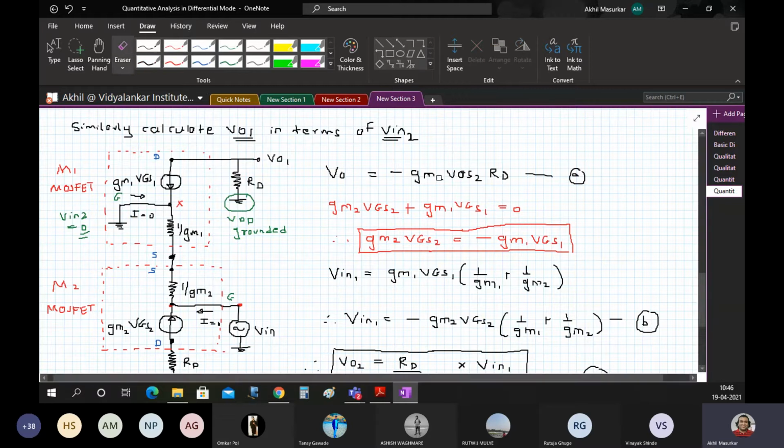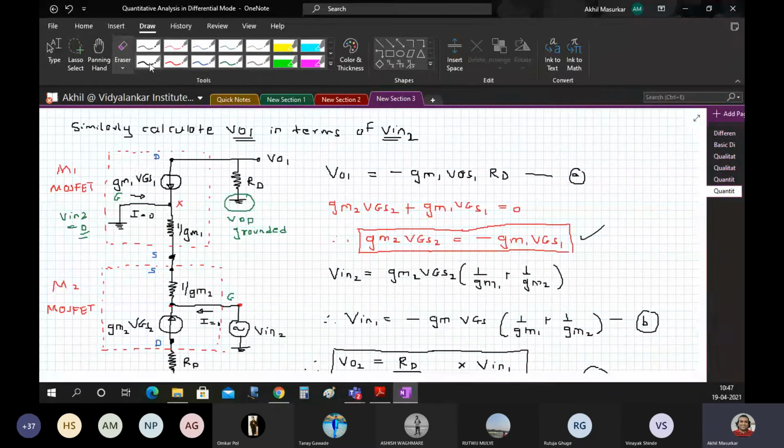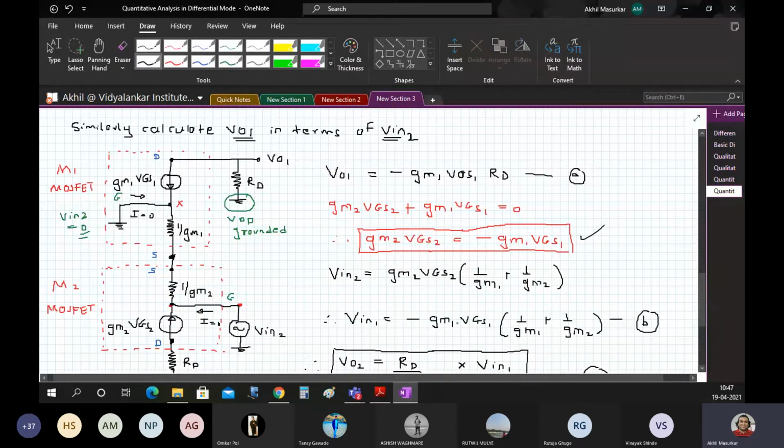So this will be V in 1, V01, GM1, VGS1. This can still exist. This equation is still true, and here we have V into, that will be again GM2, VGS2 into 1 by GM1 plus GM2, and that I can write it as minus of GM1 VGS1,